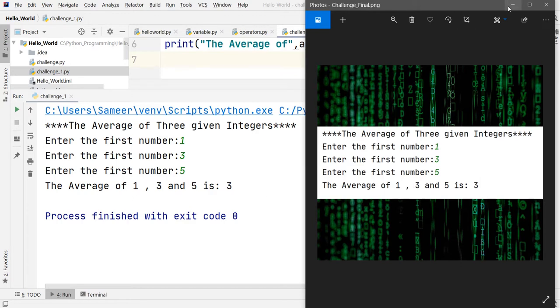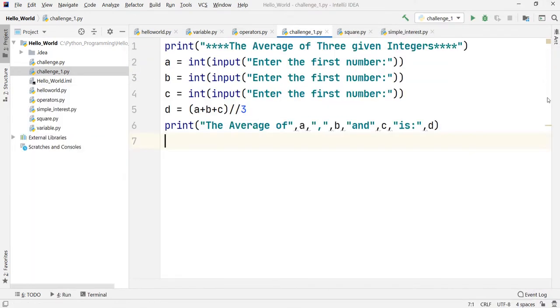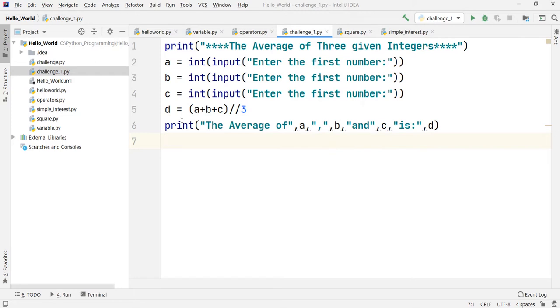we are also getting that in our final output. It is coming because, I'll just minimize this down, whenever one comma is there between a string and another data type, whenever you are using the print function and putting different data types using a comma, the print function automatically puts a space between this value and this value. That is why there is one space coming between this a and the comma.